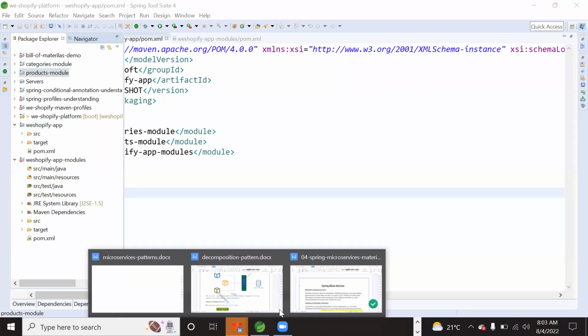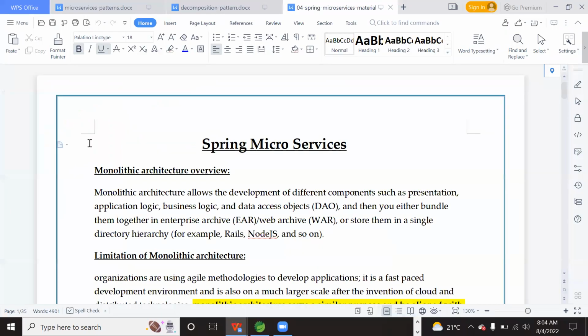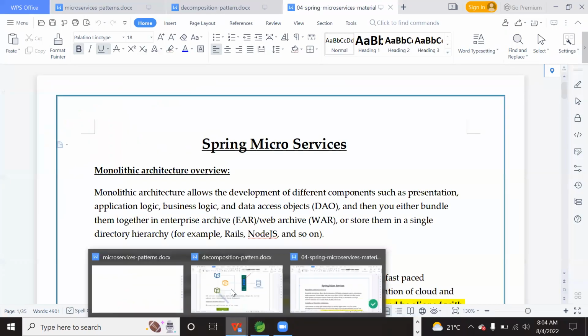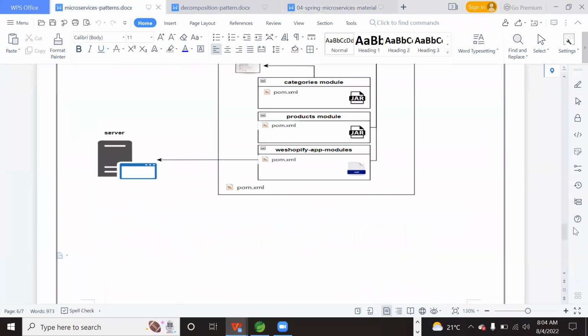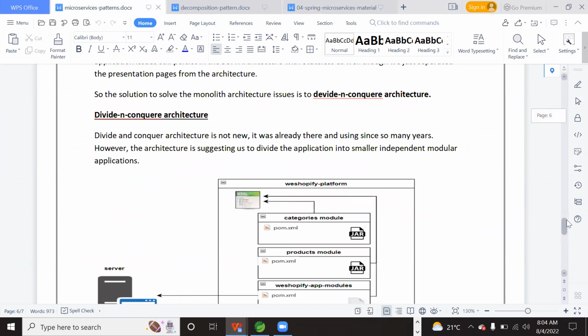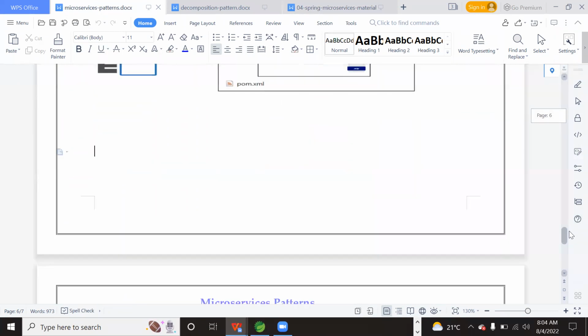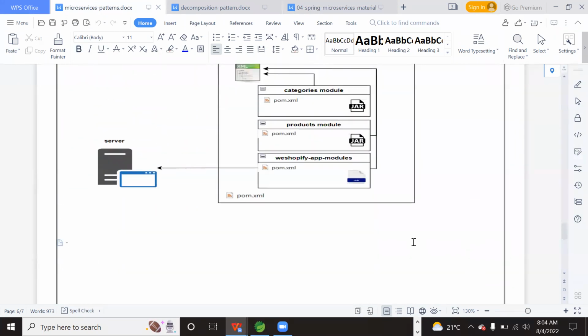Perfect. So now what we have observed is that still there is a limitation. Even though we followed the divide and then conquer architecture, still we have limitations, right?